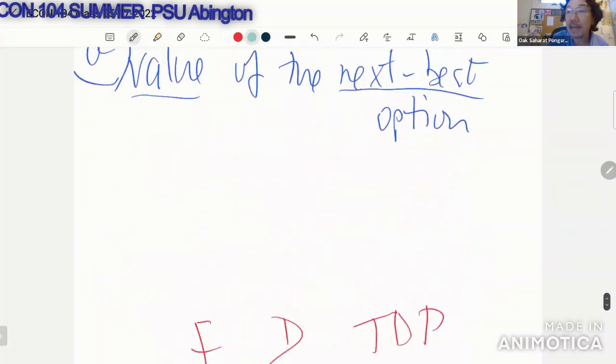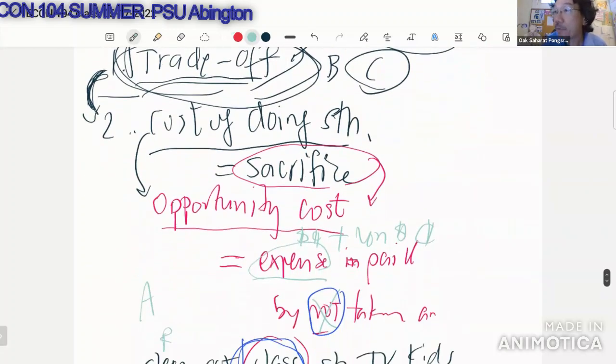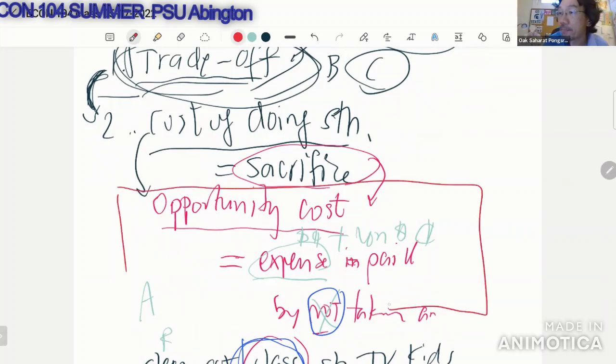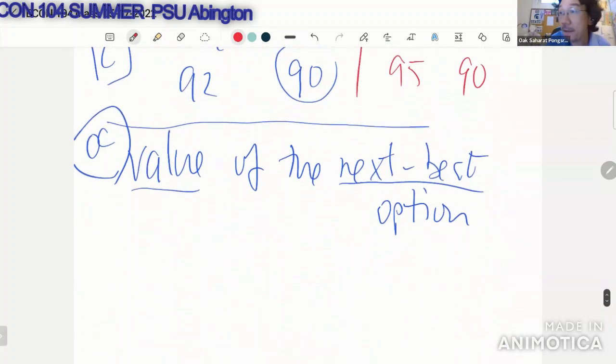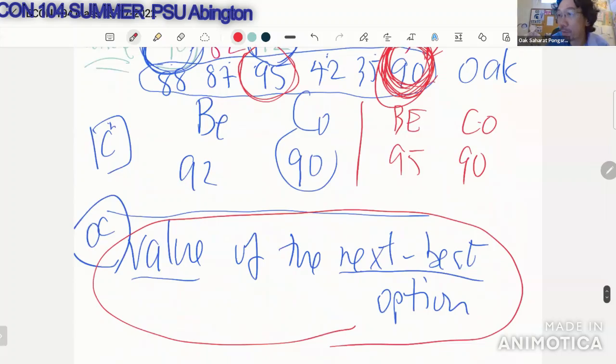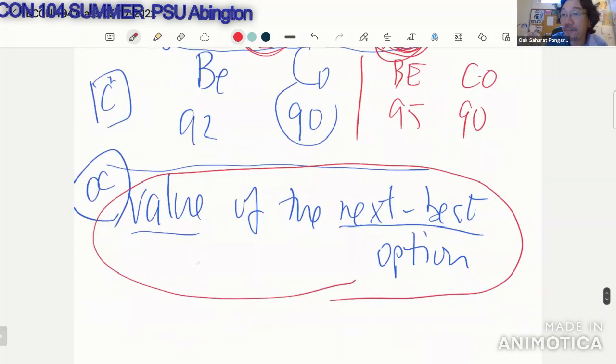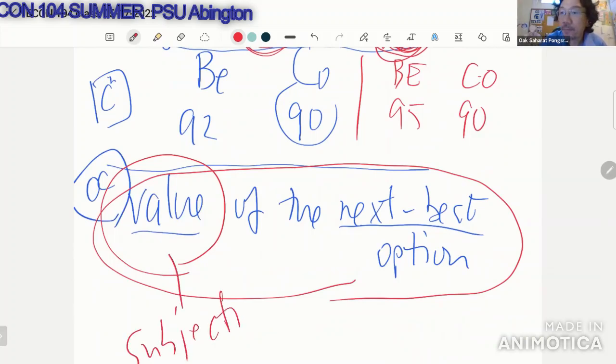Get it? Now back to this opportunity cost. What is the opportunity cost? The cost of doing something is the sacrifice, but to be more clear, the opportunity cost is the value of the next best option. So whatever you choose to do is what you choose to do. Back to O. Whatever you choose to do, the next best option is what you give up, which in this case is F here, which is the kids, right? That you have to give up. So opportunity cost is the value of that, suggesting two things. One, opportunity cost is subjective. So I'm going to put subjective on there,